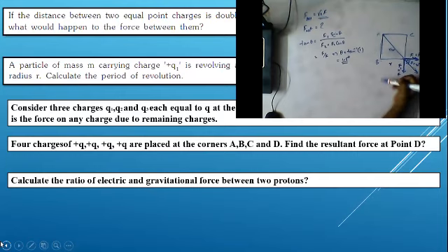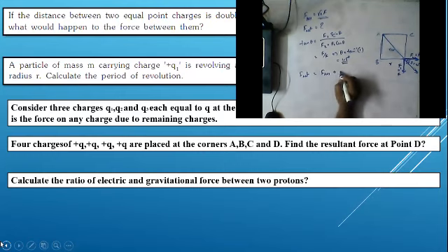So the force due to AD is lying along the resultant of the previous forces. So from this we can write F net is equal to F resultant plus FAD. So what is it, guys? F resultant is equal to root 2 F, and here the FAD value we can get as F by 2.